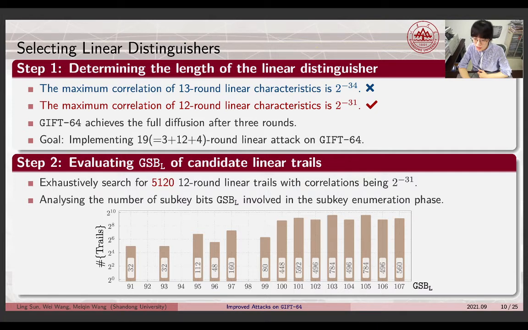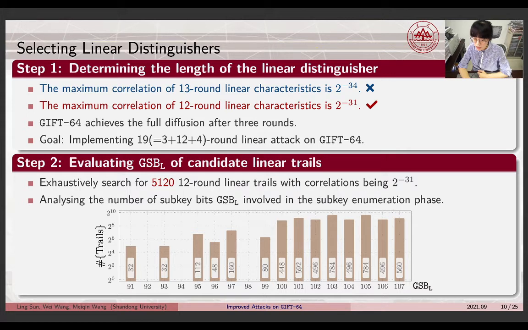Considering that GIFT-64 achieves full diffusion after 3 rounds, we expect to append 3 and 4 rounds before and after the distinguisher respectively. Thus, our goal is to implement a 19-round linear attack on GIFT-64. After determining the length of the distinguisher, we apply the SAT solver to exhaustively search for all 12-round linear trios with correlation being 2 to the minus 31 and obtain